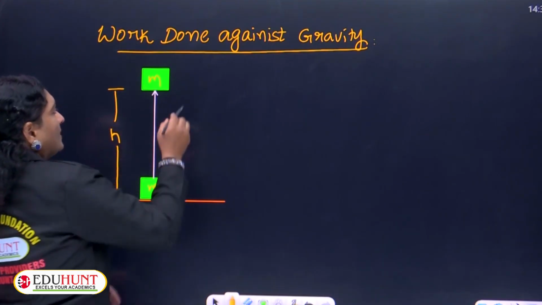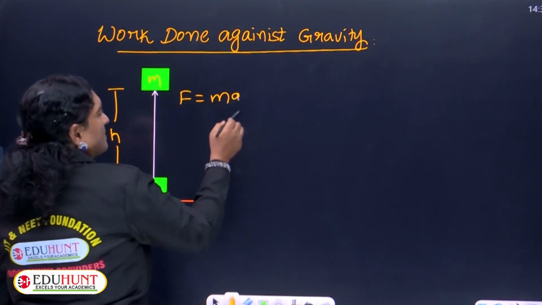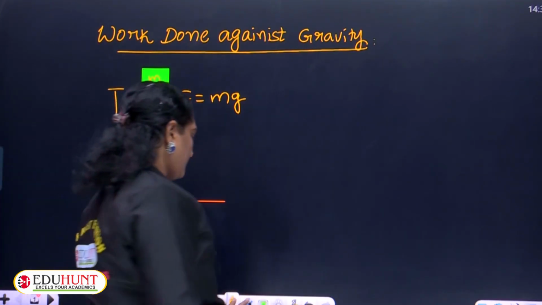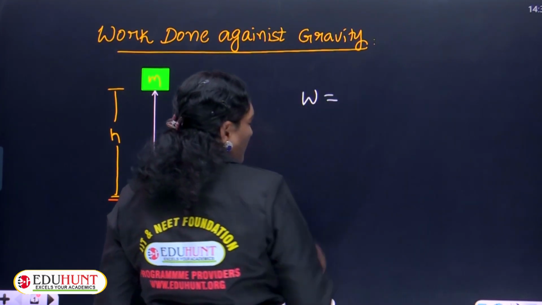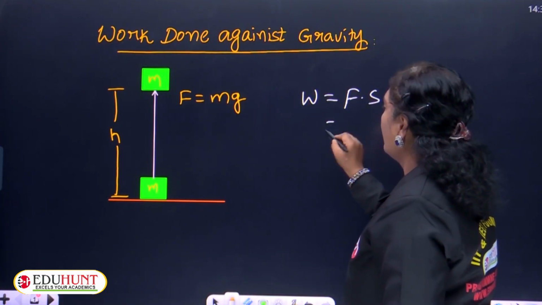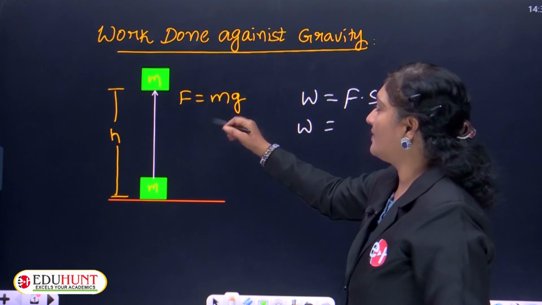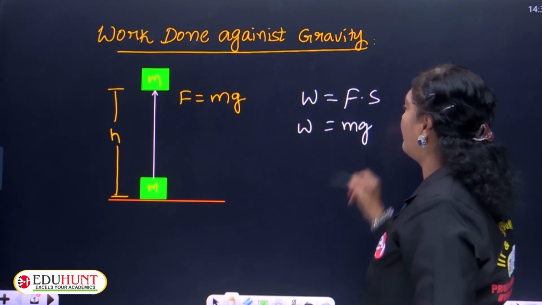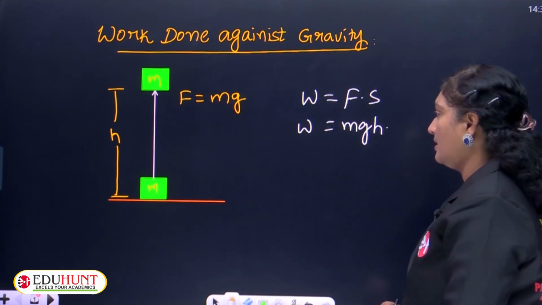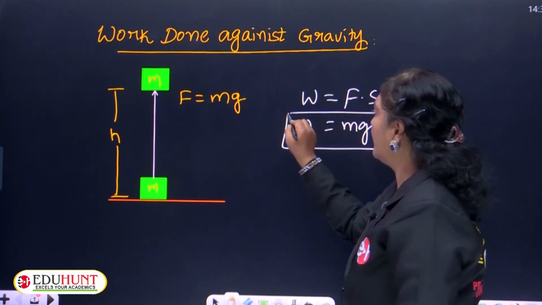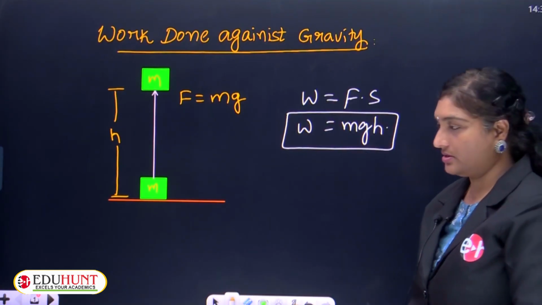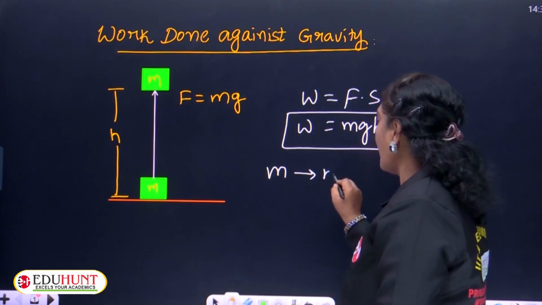So the force in lifting the body, F, is equal to the weight, meaning the product of mass and acceleration due to gravity. So F is equal to mg. So the work done in lifting the body, the general formula for work done, is equal to force into displacement. And as we know, the force required to lift the body is nothing but the weight of the body, given by mg. And the distance through which the body is moved is height h. Hence, the work done in lifting the body to a height h is equal to mgh, where m is the mass of the body,